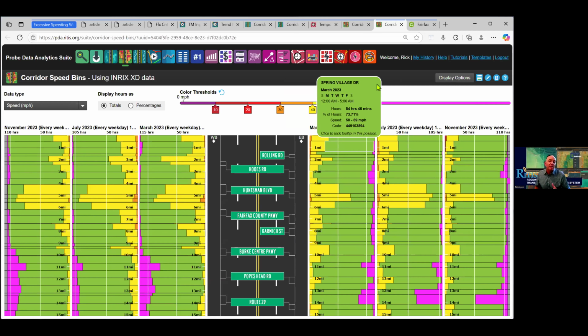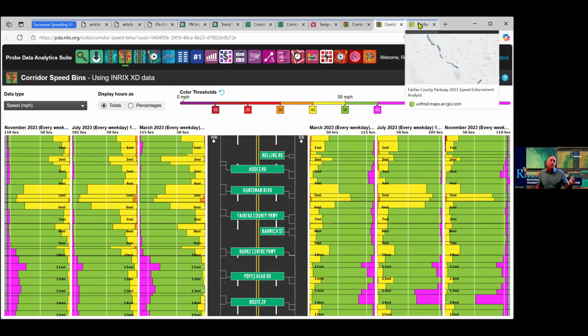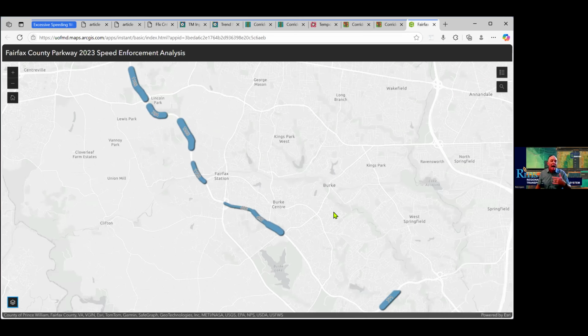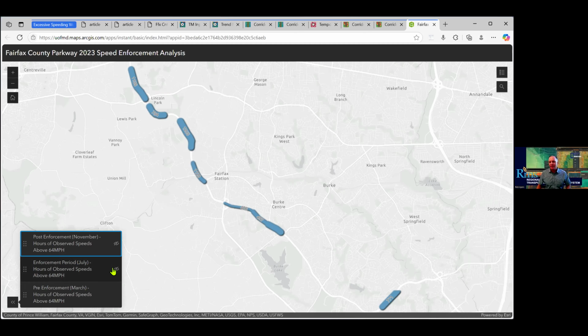I took the results of this, and I like to do compare and contrast in a geospatial context. So I took the results of this corridor speed bins tool. I mapped it out in an online GIS, in an online map app. We're looking at March right now. If we turn on July, we could see that there's been a decrease in the total number of hours. And then take a look at November, even less. So with that,